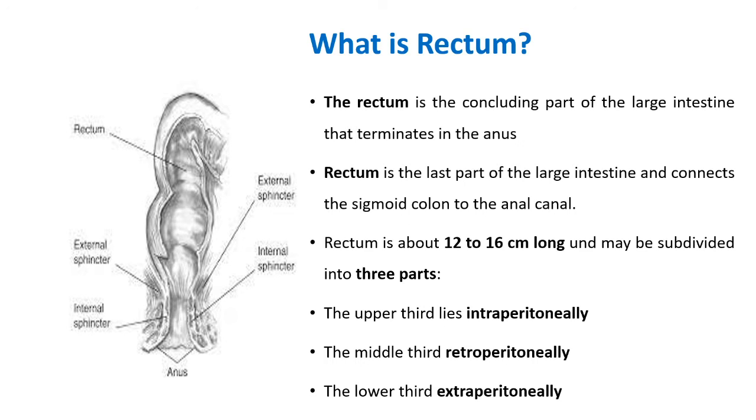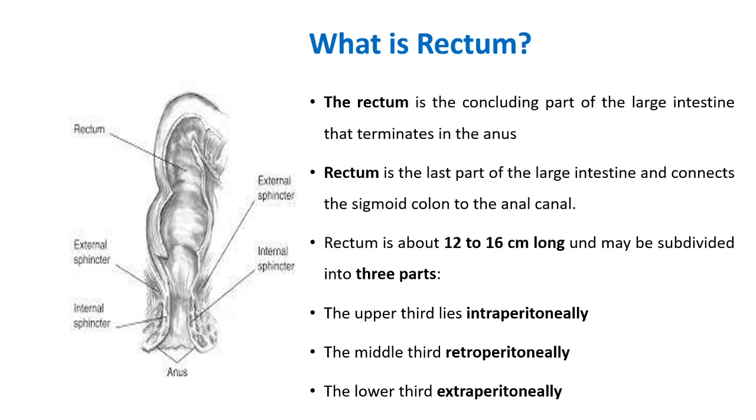As I said, it is an important part of the large intestine just after the sigmoid colon. Colon is a part of the large intestine. Generally, the large intestine consists of colon, rectum, and anus. Colon is further divided into ascending colon, transverse colon, and descending colon, while the descending colon leads into a sac-like structure called the rectum. This rectum is about 12 to 16 centimeters long and further divided into three important parts